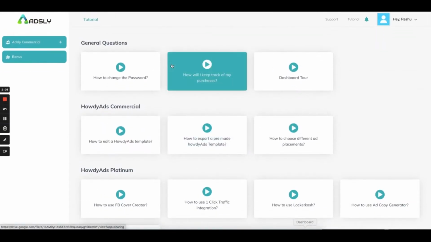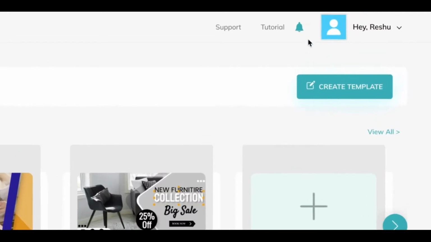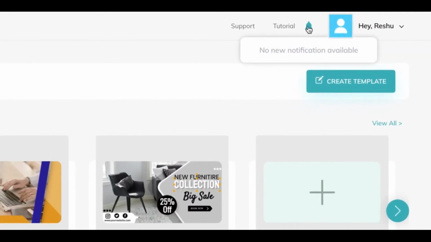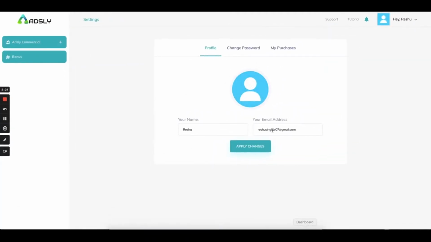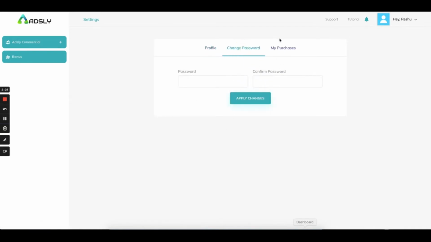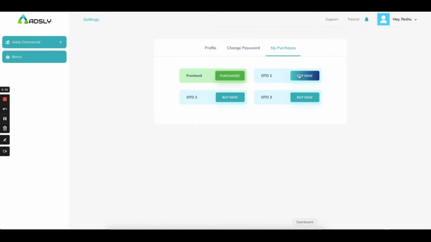Coming back, this bell icon will help notify you if you have any notification from our end or from your customers' end. And here you will get all the information about your purchase, the email ID you have used for your purchase. You can change your password from here and see what you have purchased and what you can have access to if you want to. These are all the upsell information which will be added over here. Getting back to the dashboard,